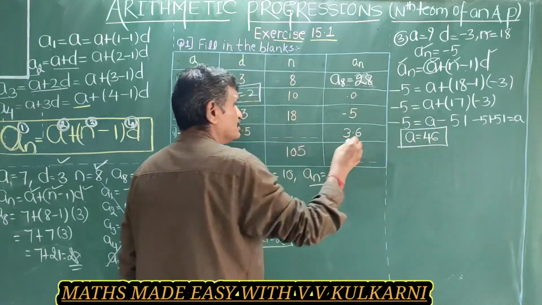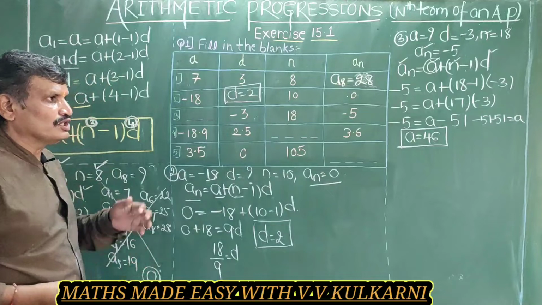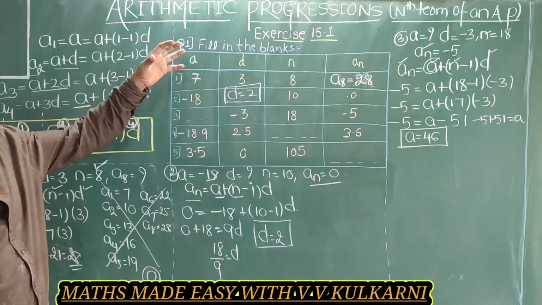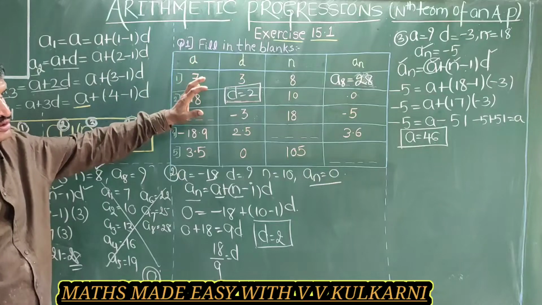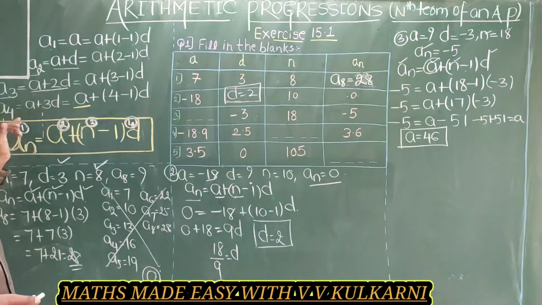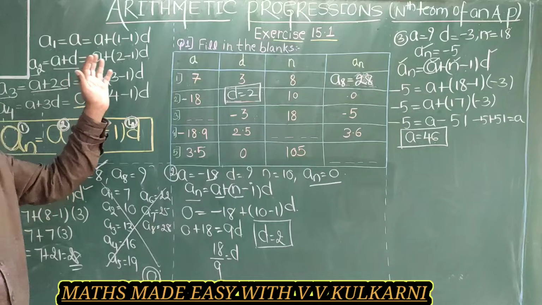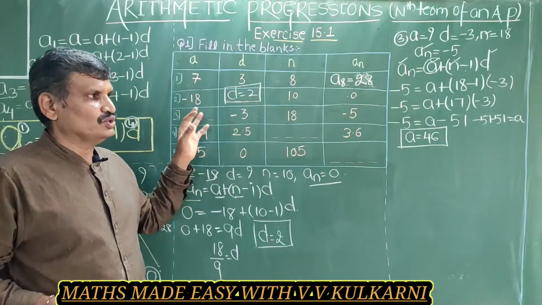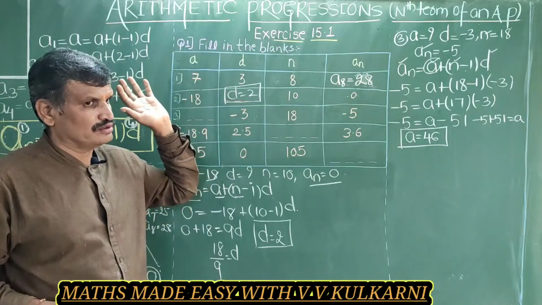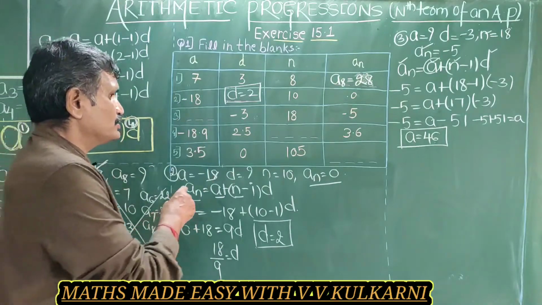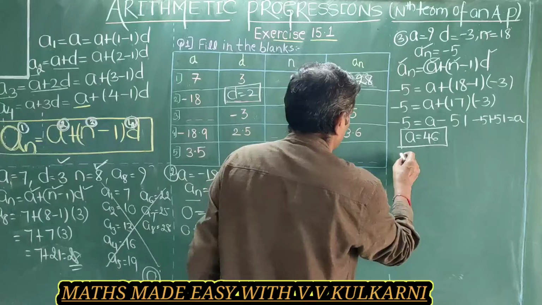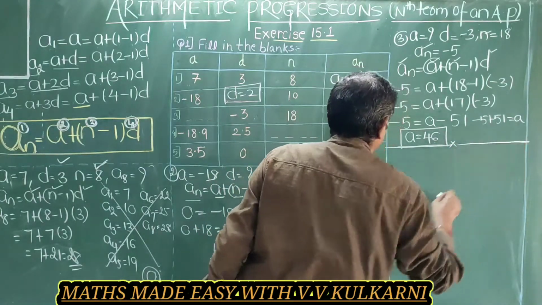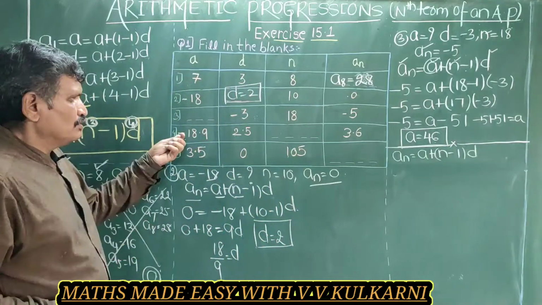So my dear children, I am trying to solve various problems in this topic. Actually, the basic funda is, in the formula there are 4 unknowns, and in this fill in the blanks 3 unknowns are given to you, out of which you are supposed to find out the 4th one. So now next if you go for the 4th one, again the music is going on. I don't know whether you are able to listen to that melodious music.